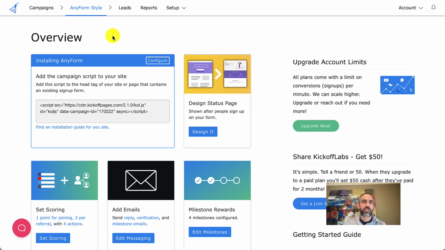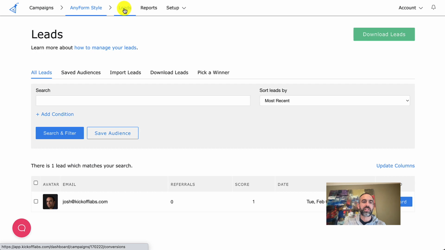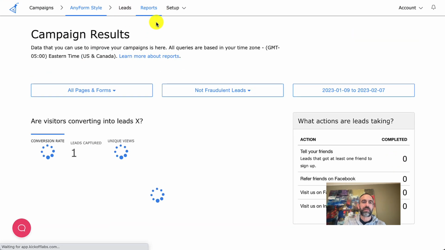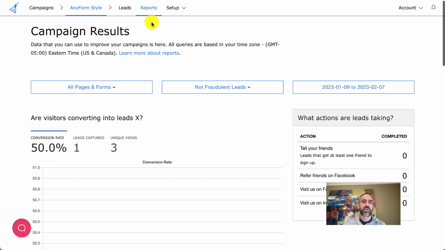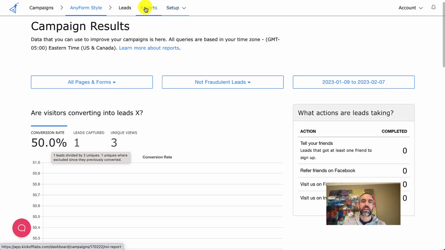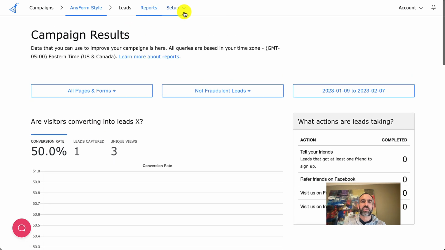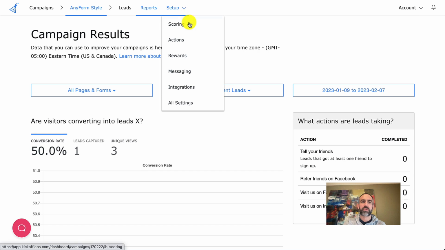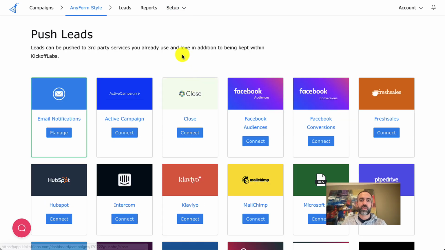The last thing I want to talk about is just this top menu here. The list of leads once your campaign is going is always available under the Leads tab. There's a Reports tab to show you how the conversion rate is going. And then if I go to the Setup, and then under the Setup menu are quick links to all the things we've talked about already: scoring, actions, rewards, messaging, in addition to a list of integrations, so the full set